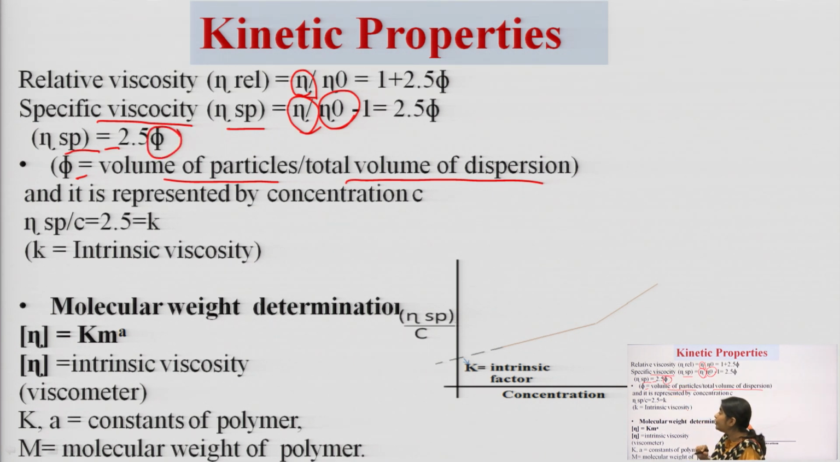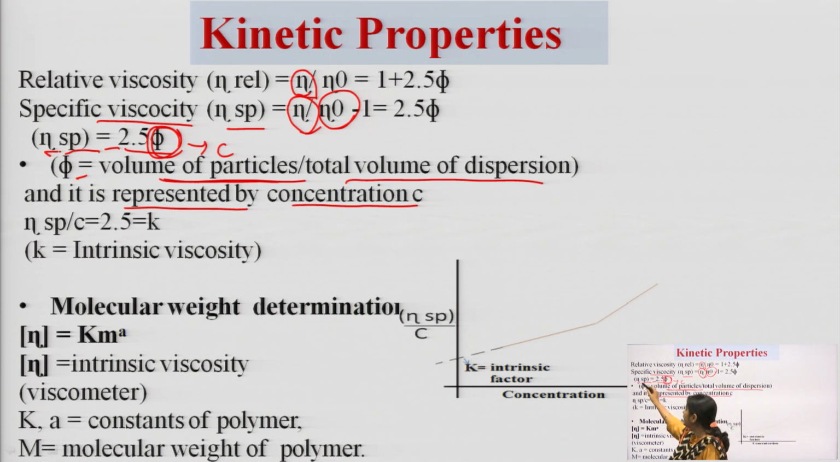It is the volume fraction, or the fractional volume, of the particle. So, what is the fractional volume? We have already discussed, it is the volume of particles divided by the total volume of dispersion, and it can be represented by concentration. So, in place of this phi, we can write the concentration term, that is C. So, we can rearrange this,